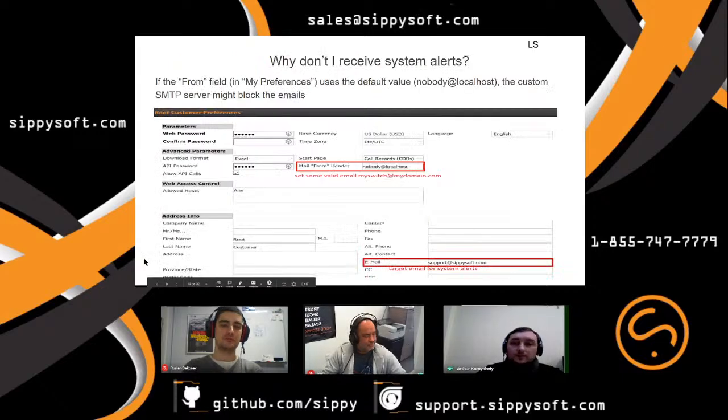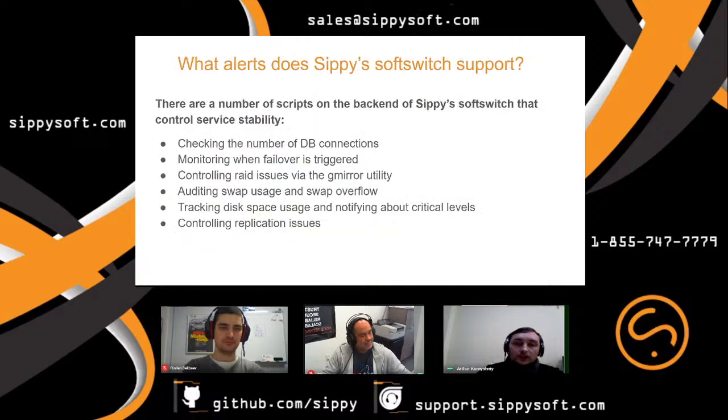Next script is the disk space script, which checks the disk space and also notifies about the critical levels. The switch operator may ask the support team to specify a few levels for notification about an issue with disk space. For example, when the level of 80% of occupied space is reached, a switch operator may receive the first alert.